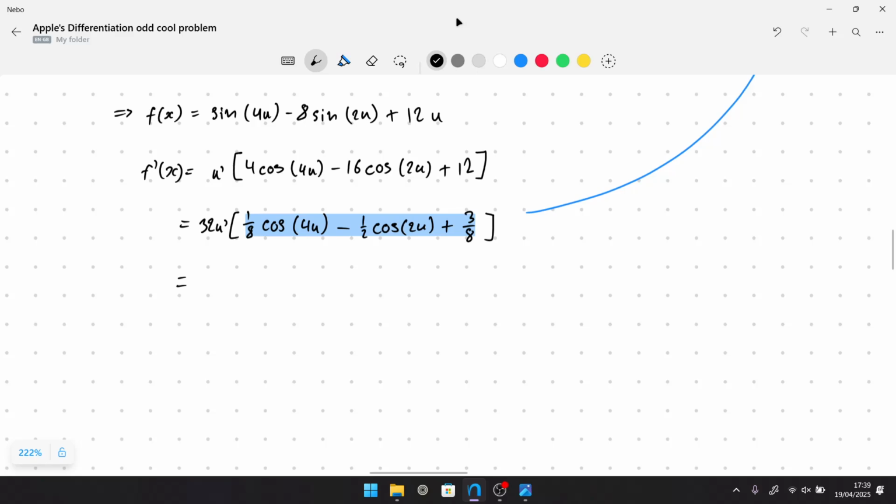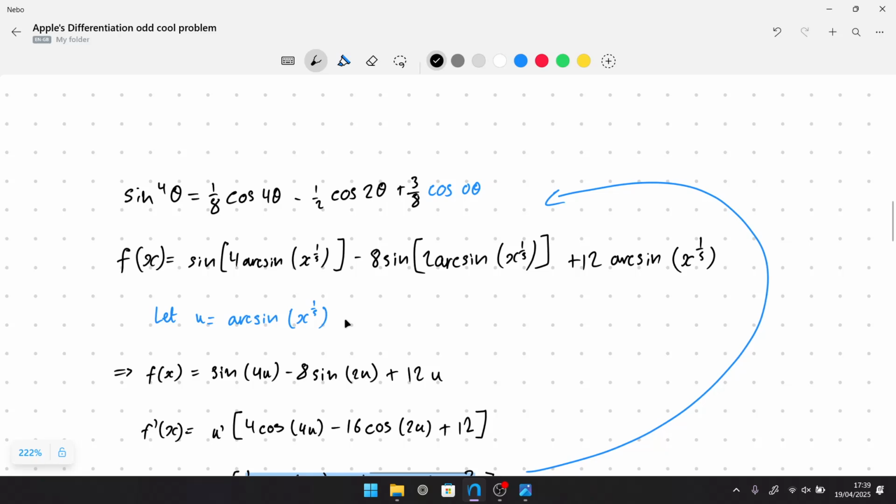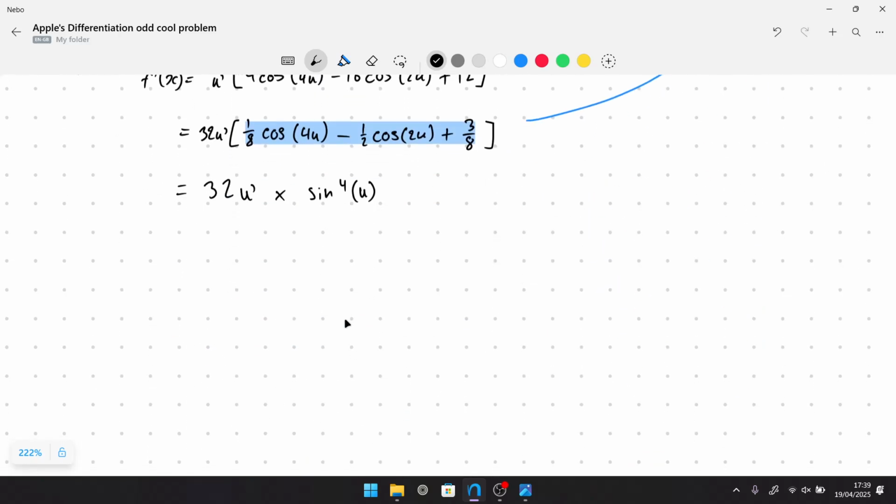It's in the same form, so we can change it to 32 u prime times sine to the 4 of u, in this case instead of theta we just have u's. And then from here we're basically just plugging things in. Since u was arc sine x to the 1 over 5, du by dx is